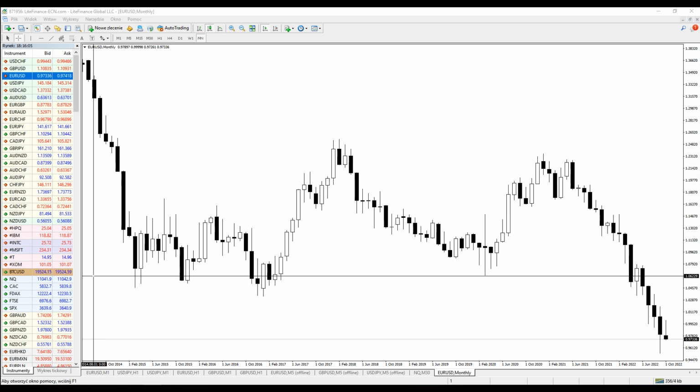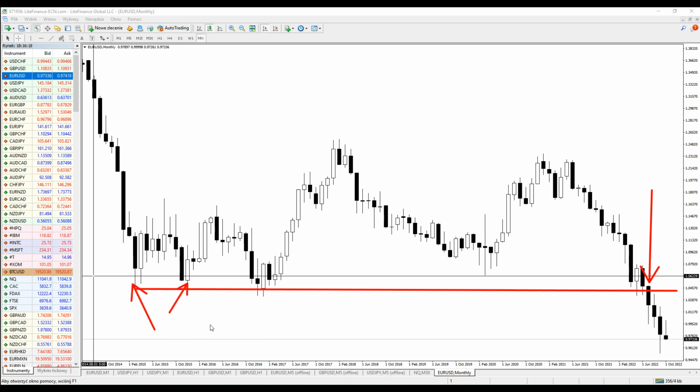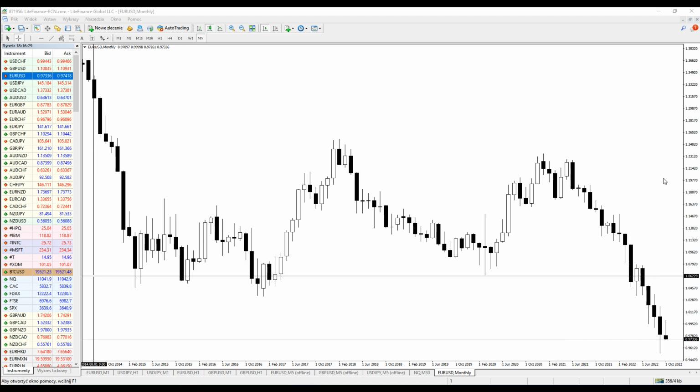So first things first, let's discuss the long-term chart of the euro dollar and what has happened over the course of the third quarter, because that was the break to the downside, as you can see. We went through the very important support over the course of the second quarter. We built two lower shadows, then the market crossed down, and that was the beginning of the third quarter. Then we've seen the retest, and lately another retest and moving even lower.